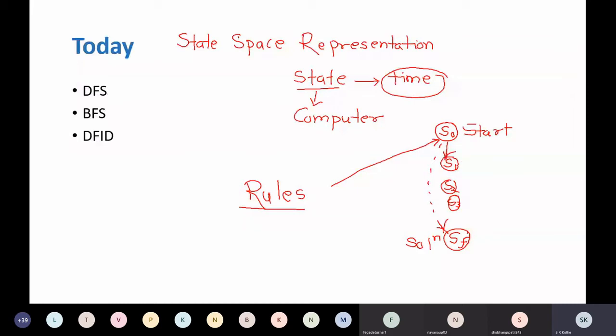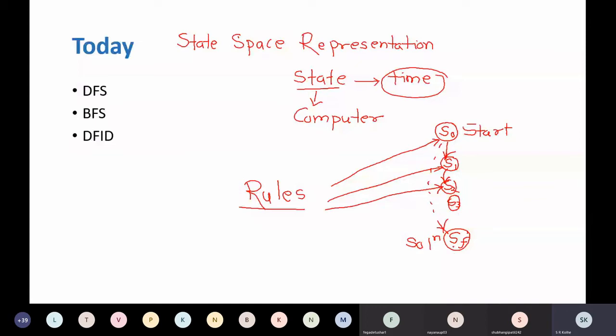You check whether this S1 is a goal state, or final state, or solution state. If it is not, you find another rule which can be applied on S1 and convert that into a new state, for example S2. You check whether S2 is a goal state or not. If S2 is a goal state, then you stop and return that as a solution. If that is not the case, you repeat the same process, finding another appropriate rule which can be applied on state S2. This process will go on till you reach the solution.